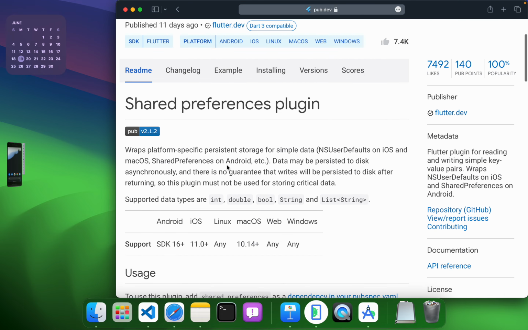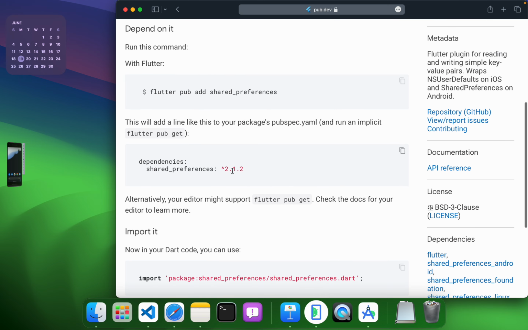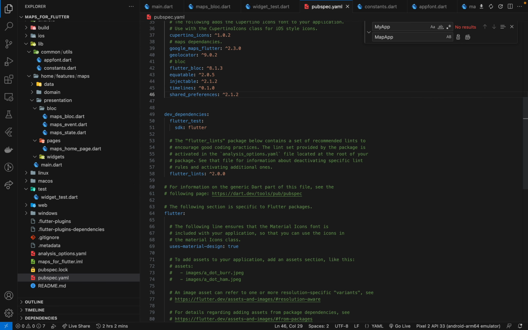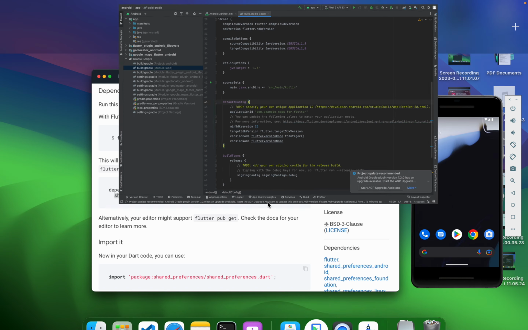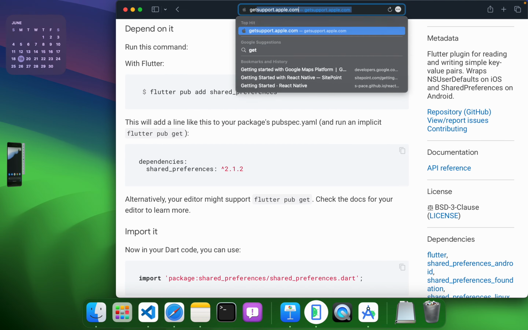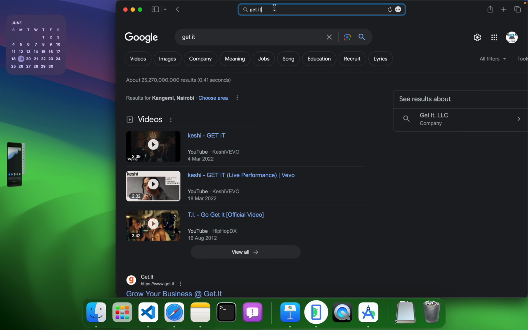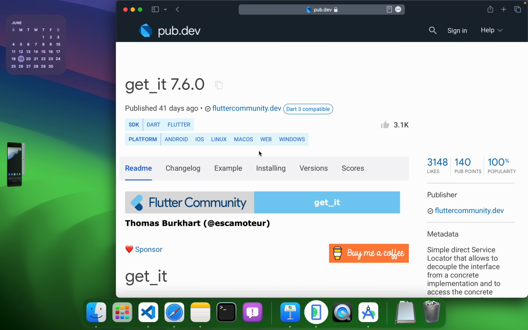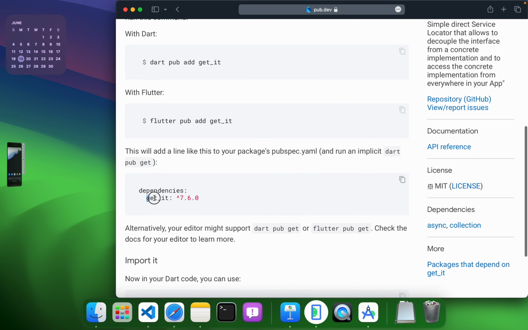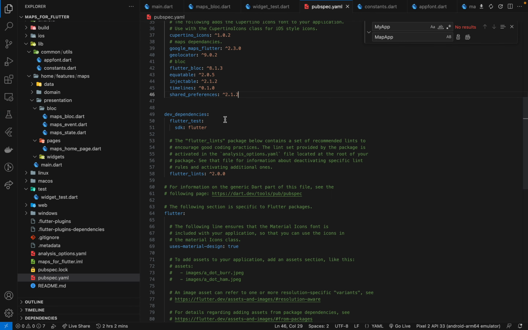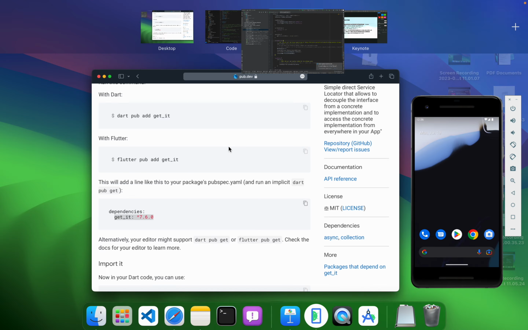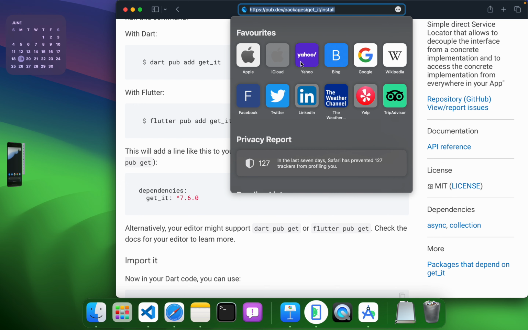Shared preferences, installation, like so. And we have get it, the service locator. So there should be get it Flutter, installation. Have it there. And lastly, we're going to have the place picker, which will enable us to pick places whenever